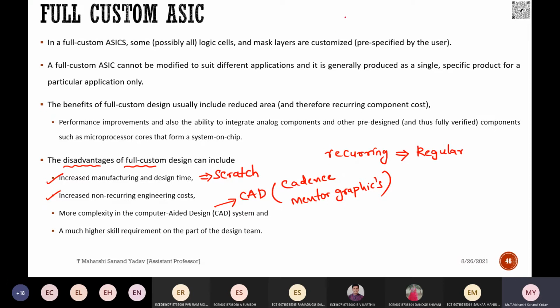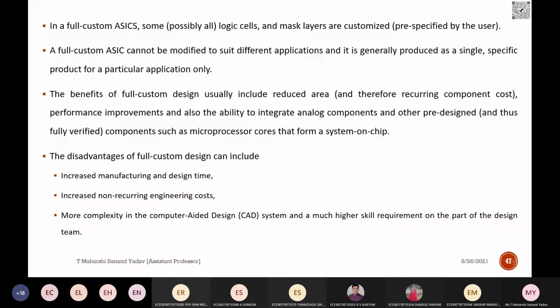There are two concepts, like ASIC design flow, and the next one is FPGA design flow. So in order to understand that flow, first you need to understand the internal designing parts of ASICs followed by FPGA. You'll get this one for short. So the simple concept that you have to remember is, if it is full custom, building from the scratch. If it is semi-custom, you can make use of standard cell library. Only that point you need to remember.